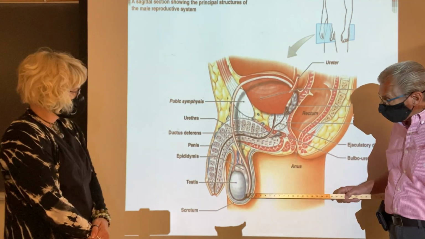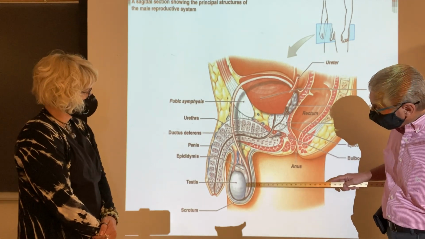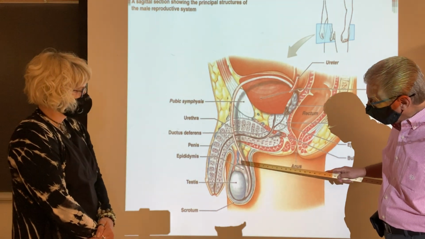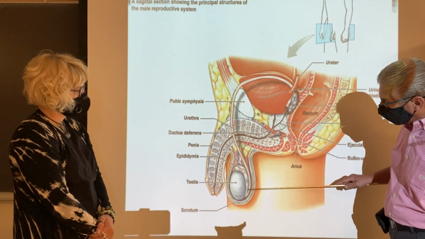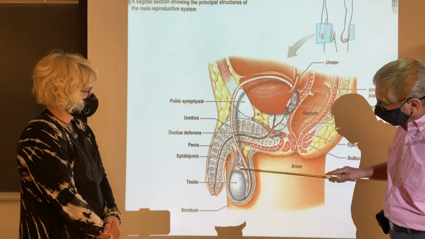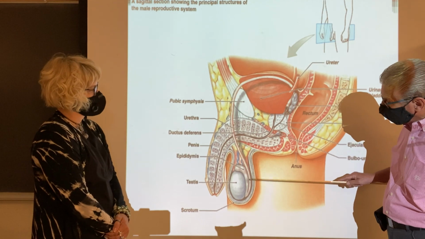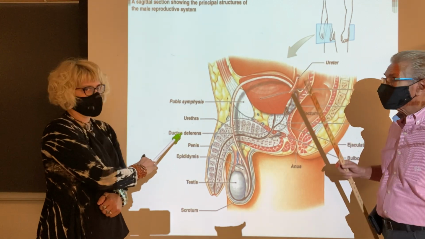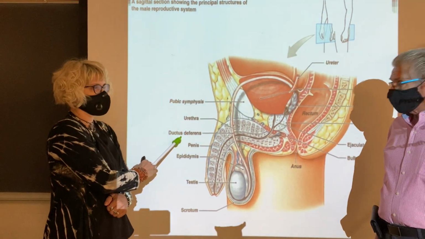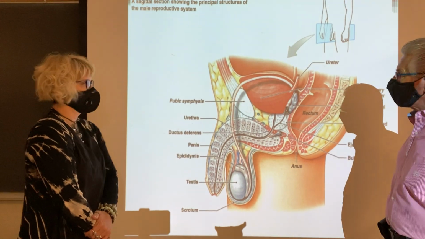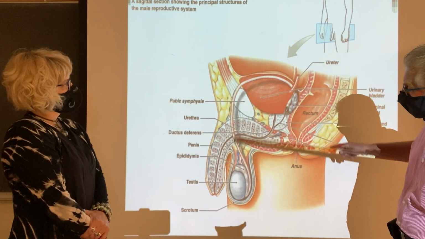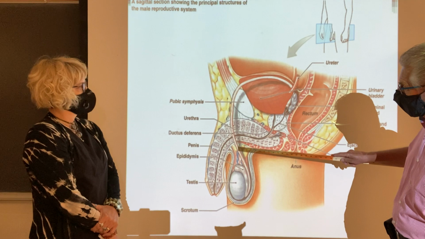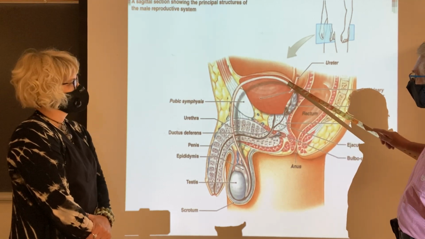As was mentioned, the testicles are bounded by the epididymis. So here we have the head, body, and tail, and then the sperm that have matured in the epididymis traveling through the ductus deferens. And there's another name as well, so don't freak out if you see it in other books: vas deferens and ductus deferens, same thing. We're going to see that migration, production, growth, maturation, and then the journey through the ductus deferens